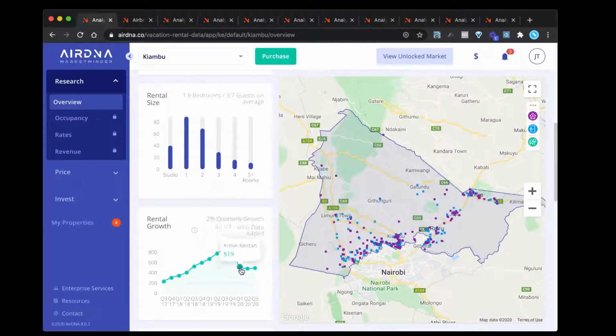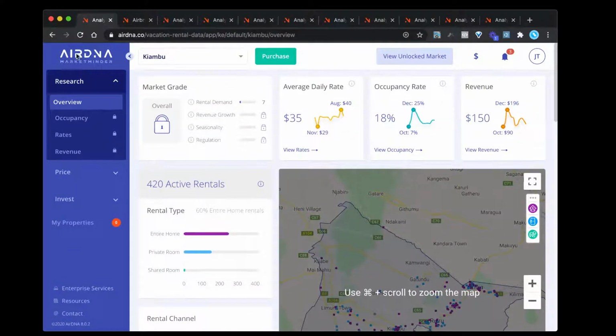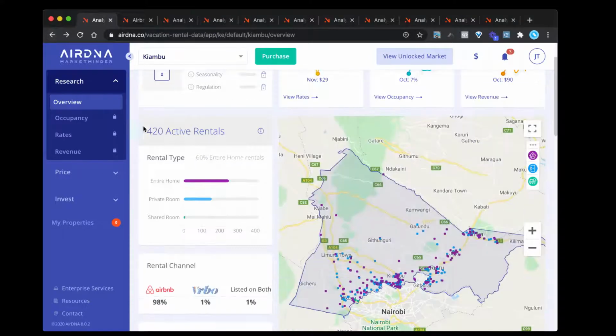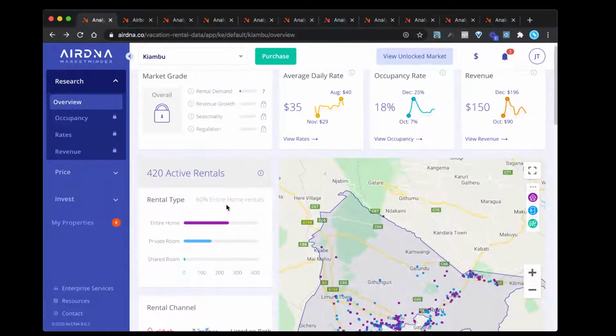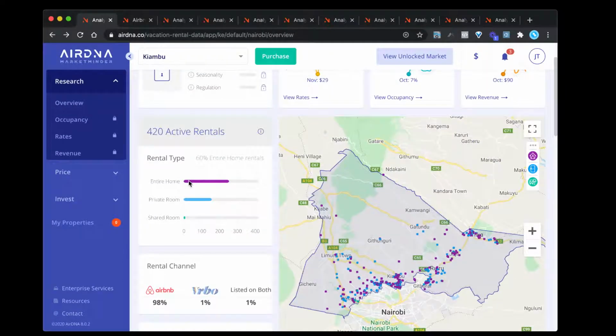Now you can see from here that from quarter four in 2019 to quarter one in 2020, there was a dip there, but this is Kiambu. Hold on, let me look back. And this is all in Kenya, right? We're going to look at a few other cities in Kenya, and then we'll move on to a few of the cities around Africa. While it loads up the Nairobi market once more,